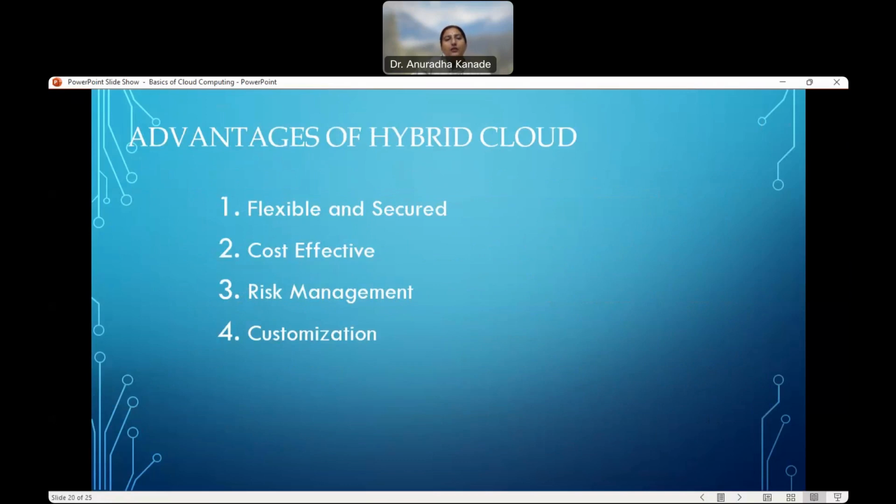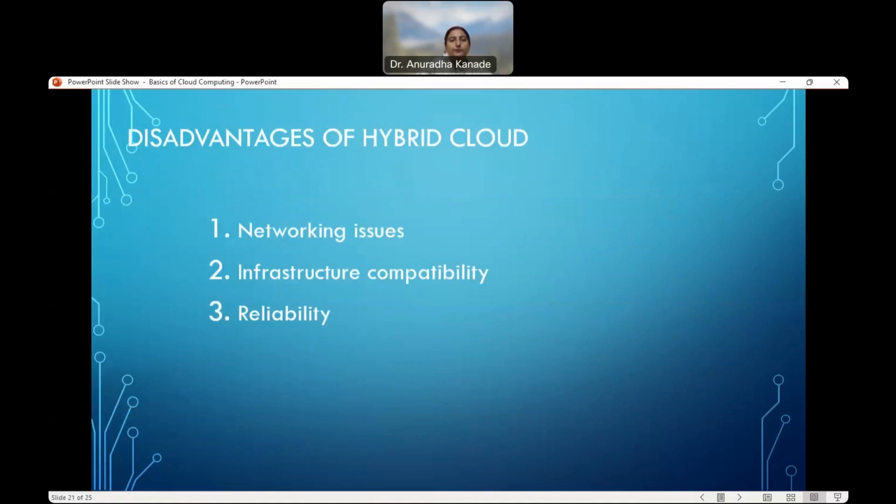The advantages are it is more flexible and secured, it is cost effective, it manages risks, and customization is also available. Some of the disadvantages: networking issues can be there, infrastructure compatibility issues, reliability issues can be there because